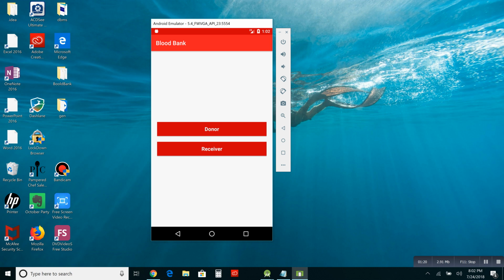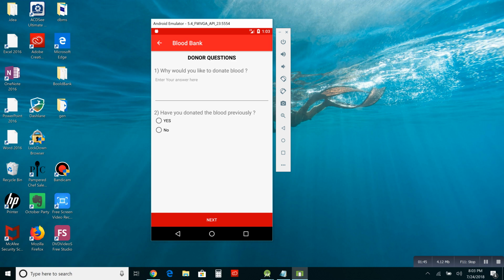The basic user would have two options, that will be a donor and a receiver. The donor would be donating the blood by my app and the receiver would be receiving. So they have to provide some information before they do that, so that they will know when to contact whom at emergencies if you need blood. So for example, if I go with donor first,